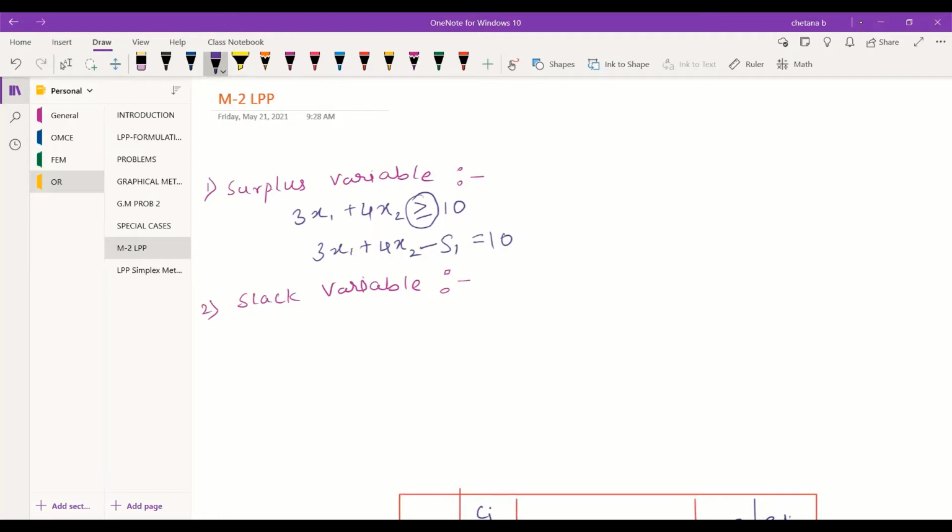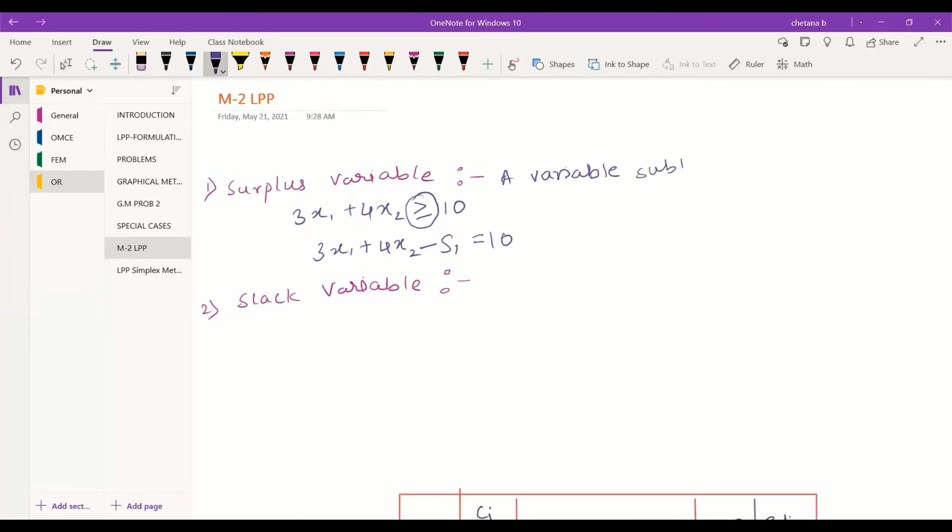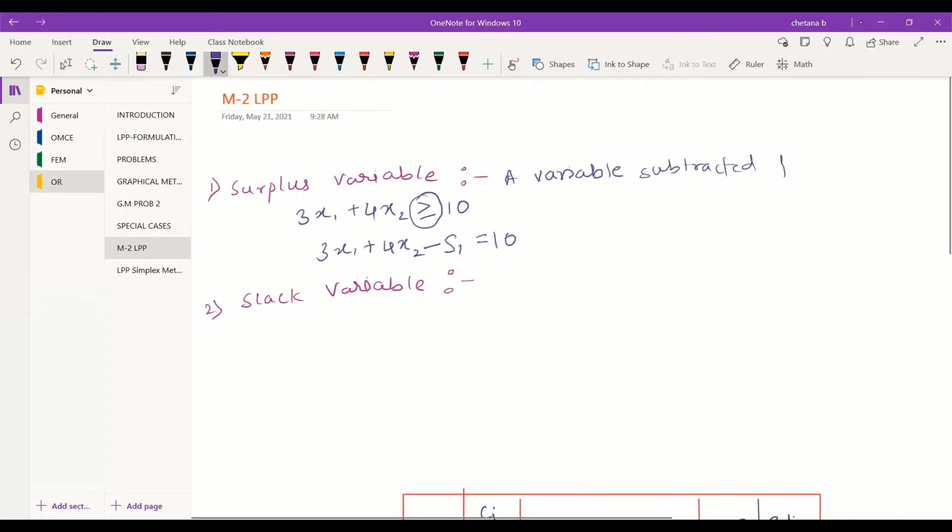Okay, so what we can write here is: a variable subtracted from LHS of the constraint if you have greater than or equal to symbol and converted to equality.